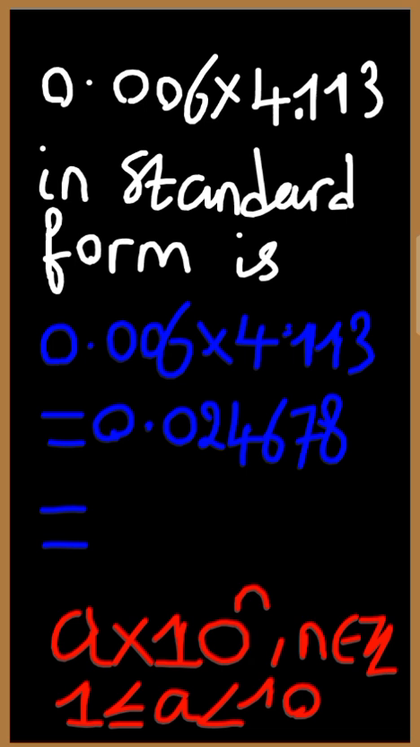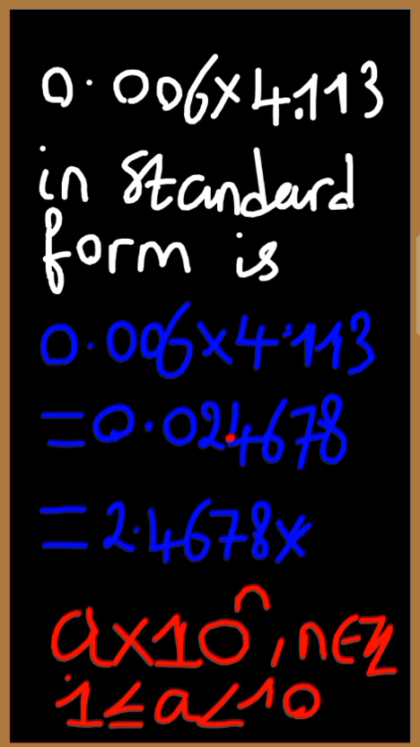For us to get our a in this number, we are going to fix a decimal point immediately after the first non-zero digit of the number. The first non-zero digit of the number 0.024678 is 2. We fix a decimal point after this 2, that is between 2 and 4. This will give us 2.4678